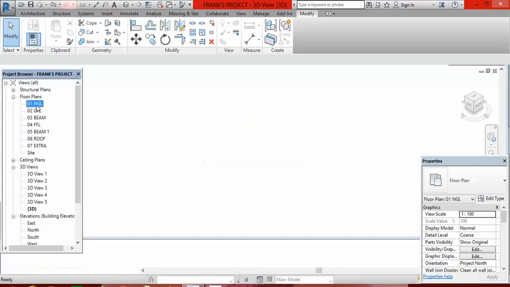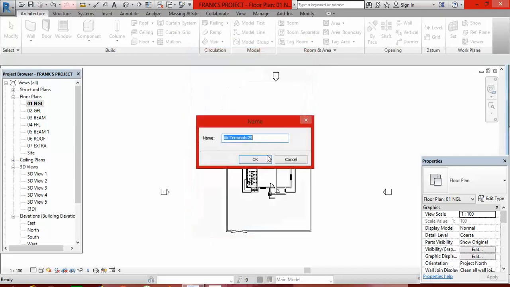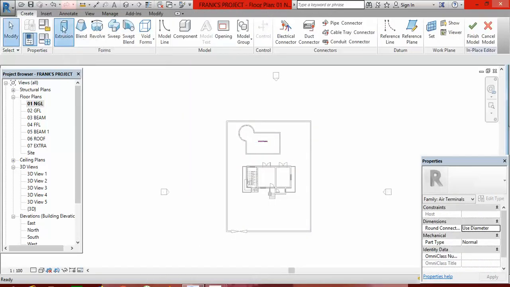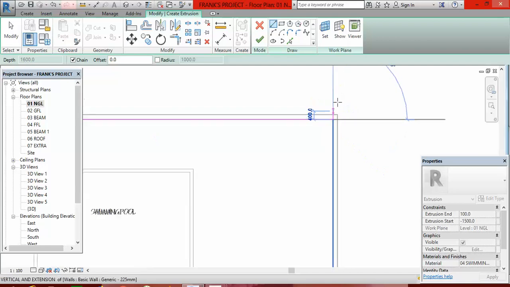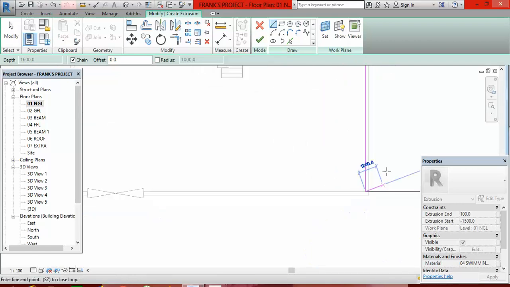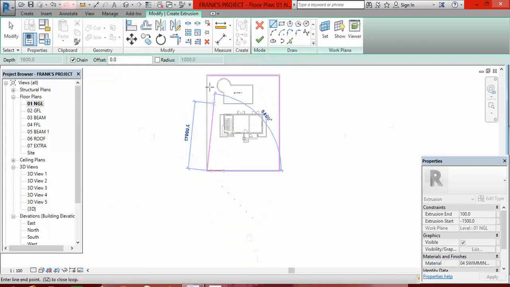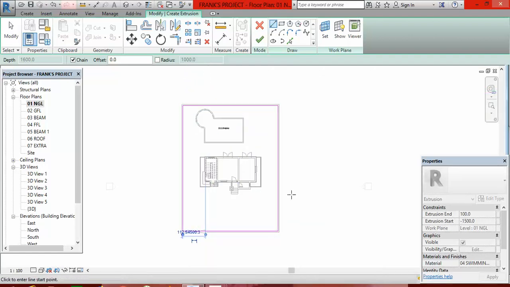Then I go to natural ground level. I go to architecture, components, go to model in place, go to OK, OK again, extrusion. Then I go to this point and draw around the building. After doing that, the next thing I have to do is to cut out